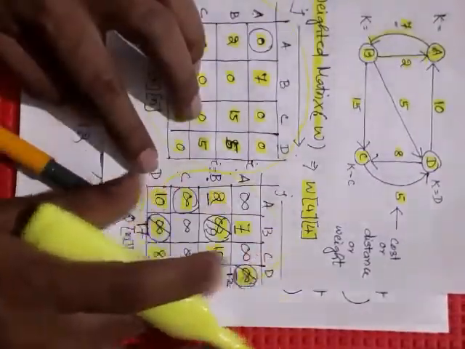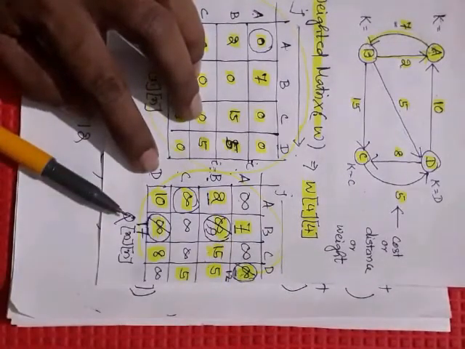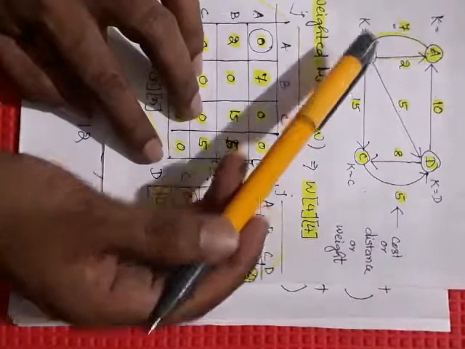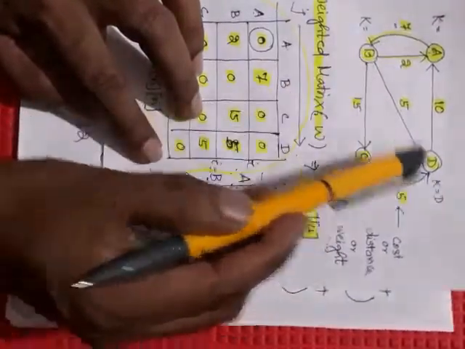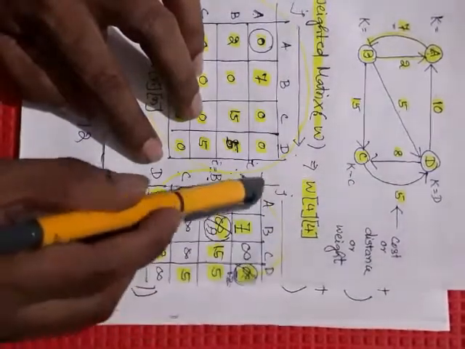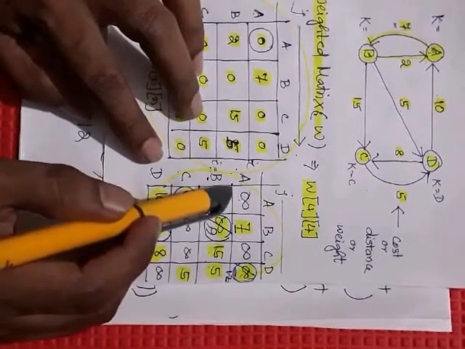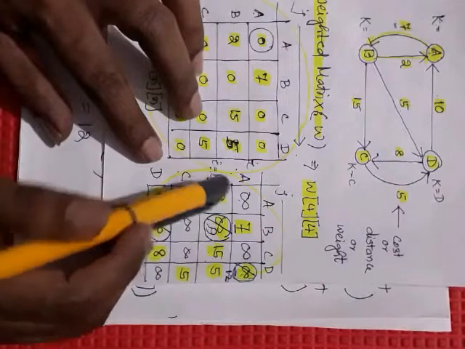In this manner, the Floyd algorithm will work, checking so that every value will be updated with smaller values. Not only the infinite; every value will be updated. So finally, it will be executed when k equals a, when k equals b, when k equals c and when k equals d, covering all the vertices. Finally it will contain the shortest distance between every pair of vertices. That is why it is called the all pair shortest path problem.